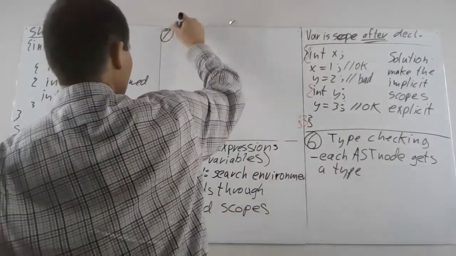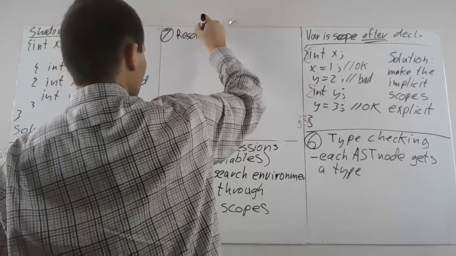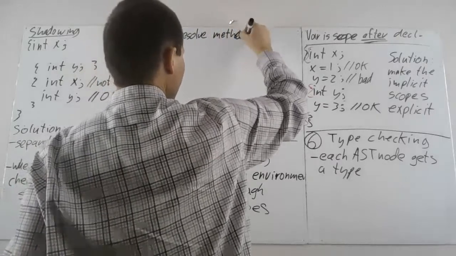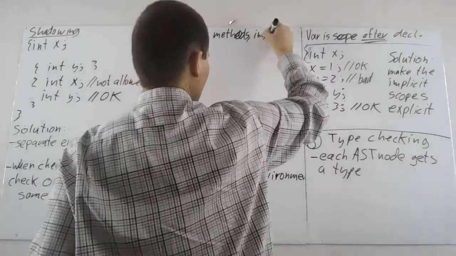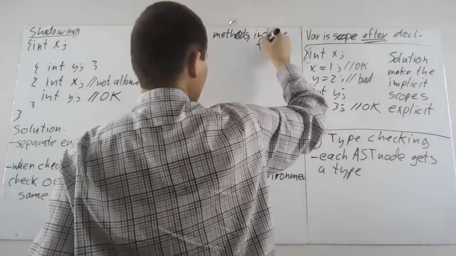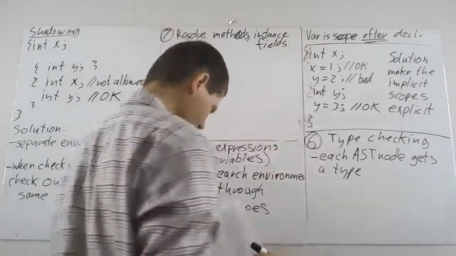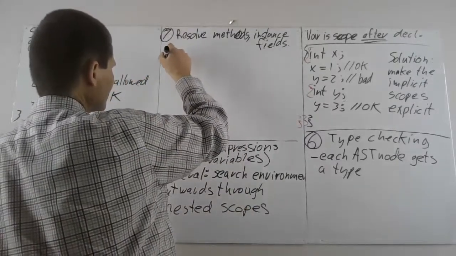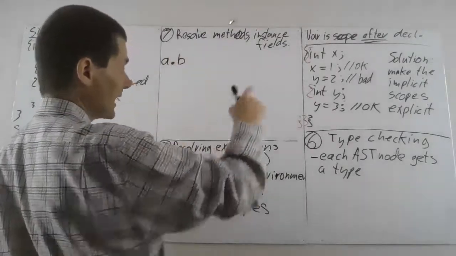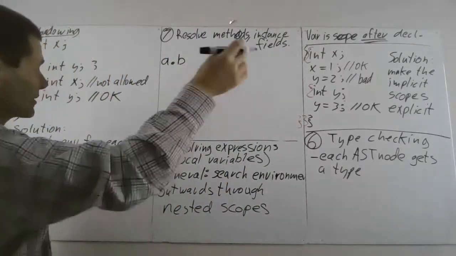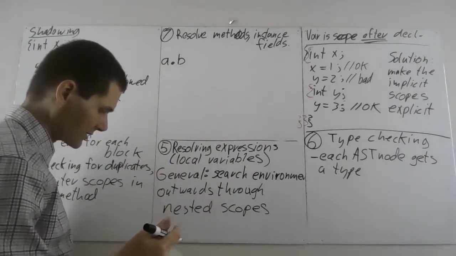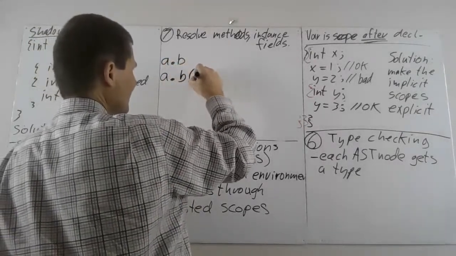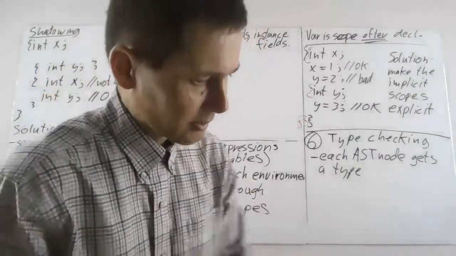So step 7 is to resolve methods, so method names, methods, and instance fields, right? So instance means non-static, so non-static fields. All right, and so the kinds of things that we're looking at are like what we had in step 4. Okay, step 4 is gone, but these expressions with the dots in them, right? So if I say, a dot b or a dot b, and this is a method call with argument c,